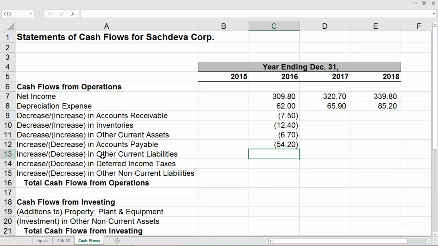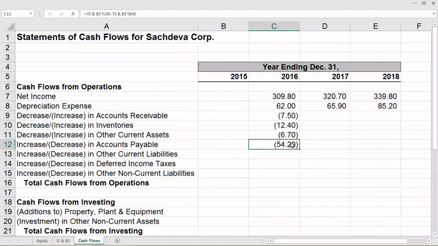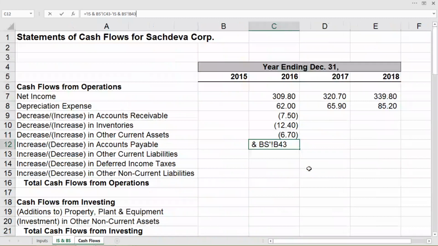Now to calculate the increase and decrease in other current liabilities, I think I have taken this under current liabilities. Let me check first. Accounts payable, oh sorry, I have taken this wrong. Let me do it again. So for calculating accounts payable, we'll go to that particular sheet, accounts payable is in C43, then minus B43 and enter.